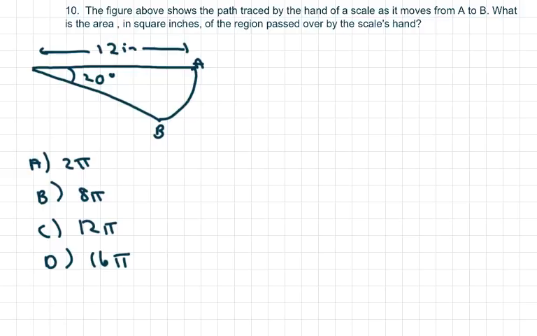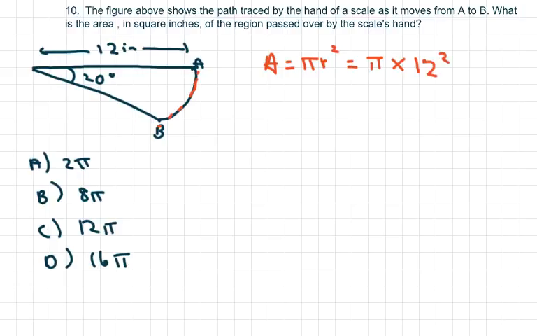This question is just thinking logically. If the hand of the scale were to make a full rotation, its path would be a circle. We're going to use this fact and the information provided in the figure to write and solve a proportion. The length of the scale hand is also the radius of the circle created from one full rotation of the hand. So the full area passed over by the hand of the scale is A equals pi r squared, which equals pi times